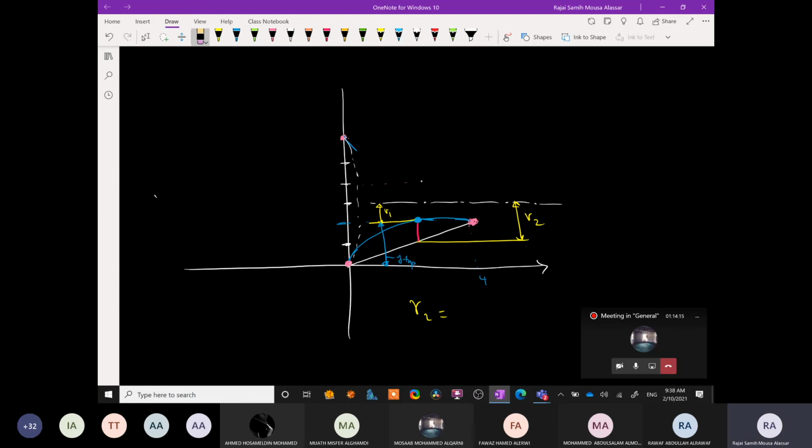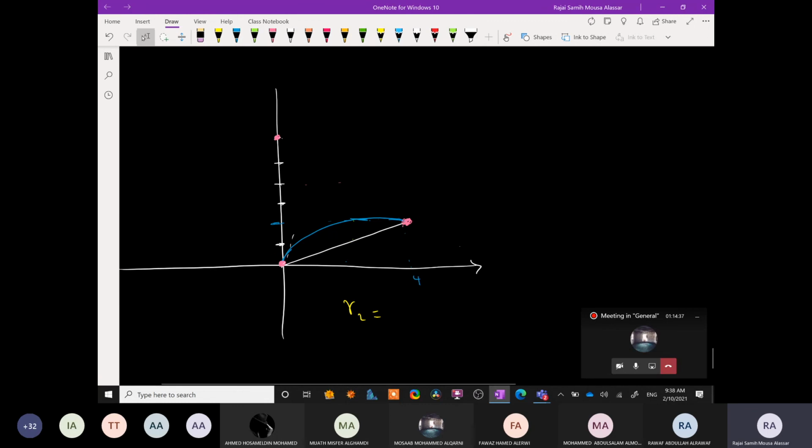Don't want to do any of that. Yes, not that. Okay, so this is gone. What I'm going to do is rotate this about